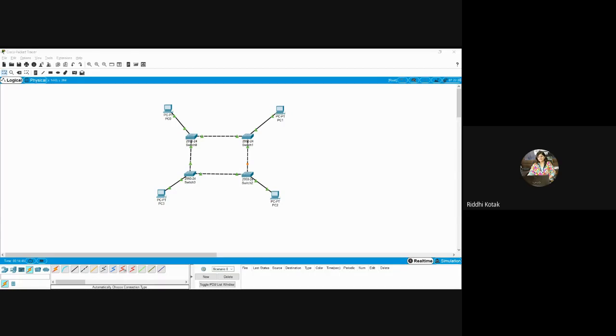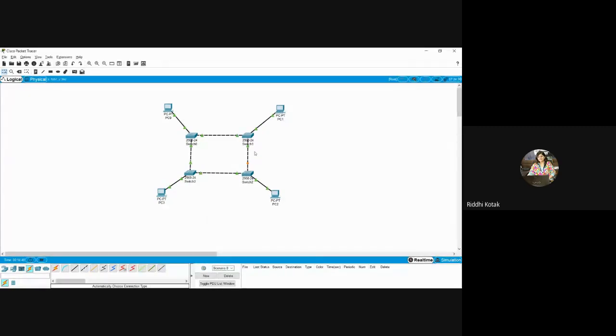Okay. After this, we have just taken the devices and provided the connection. But to send and receive data from one device to another device, we have to configure it. So for that, first we will use the label. In this structure, one node is connected with the next node, that second node is connected with the third node, and the third node is connected with the fourth node, and the fourth is again connected with the first. So this is nothing but a ring topology,